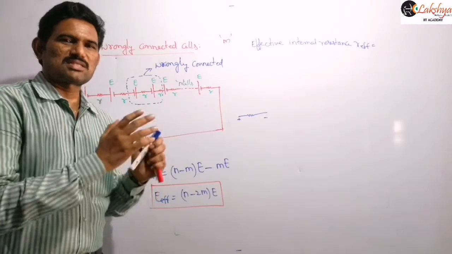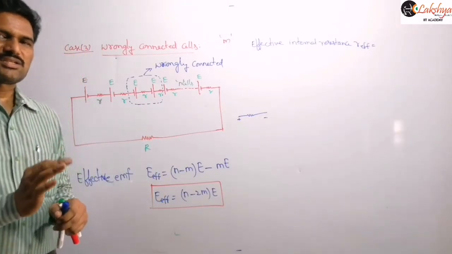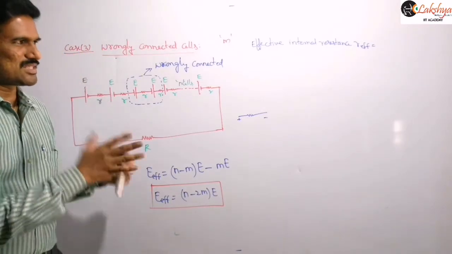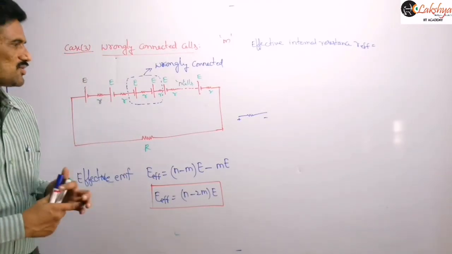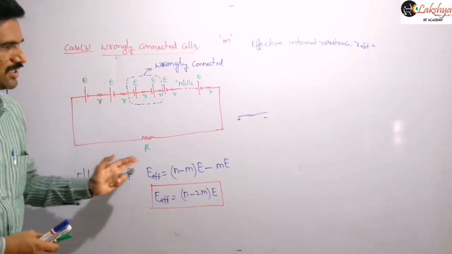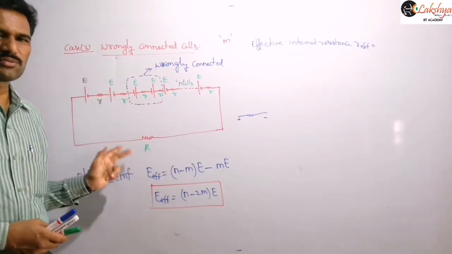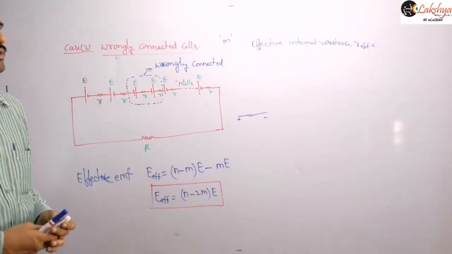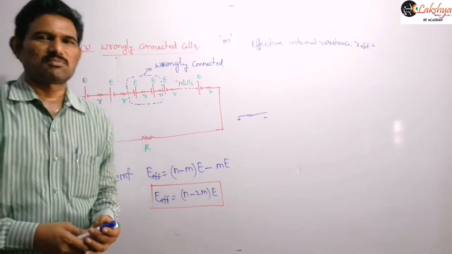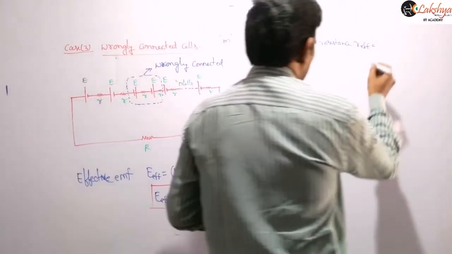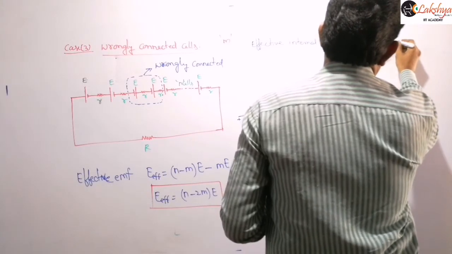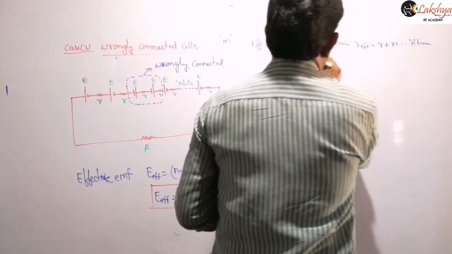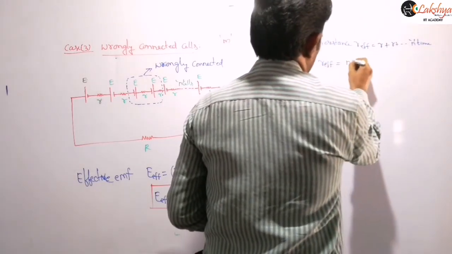internal resistance will be still in series only. For resistors, a series connection means the same amount of current is flowing through those resistors, so you can call them series. Here, whether they are connected correctly or wrongly, the same amount of current is flowing, because only a single path is there for the current. When the same current is flowing, all the resistors will still be in series. That means R plus R and so on, n times, we need to write here. And therefore this R effective is equal to NR.